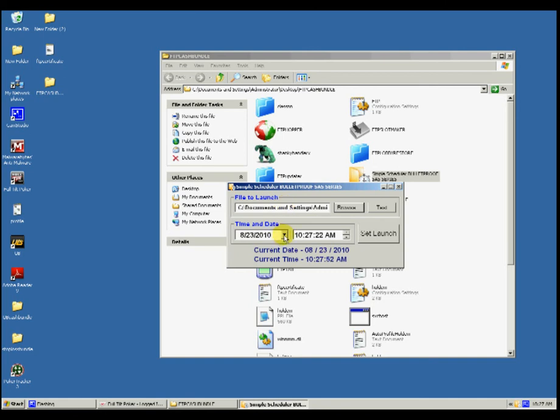That's ftp hopper.exe. So it's going to launch that file, and then you just need to set a date and time. So I'll stick with today's date and use the arrow here to change the hour. I'll just set it for 2 hours time, and then just click